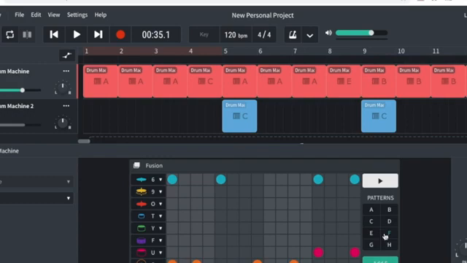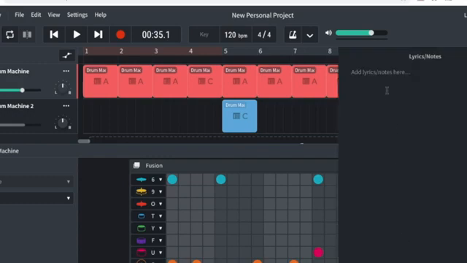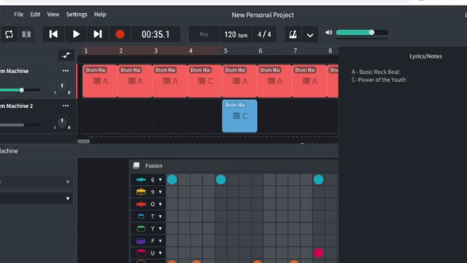And when you've found them, I want you to click on your lyrics notes, the ones that you're going to use. You can use any that you want, I have no problem. But the person in the video has put a name next to each of those, so I want you to write the name. So let's say for A, I used a basic rock beat. So let me go here. Basic rock beat. Then for C, I used a Power of the Youth fill. However, you don't have to write the fill, but just make sure you write each letter with what its name was. Let's say for E, I used,